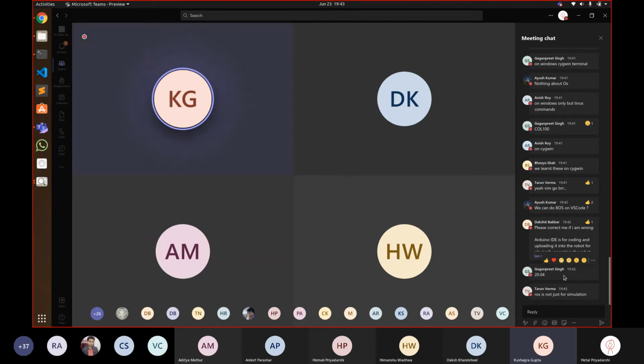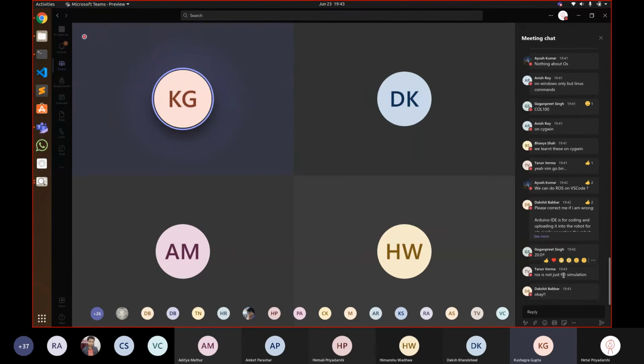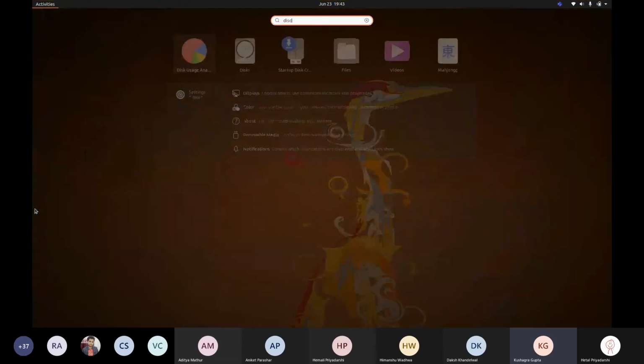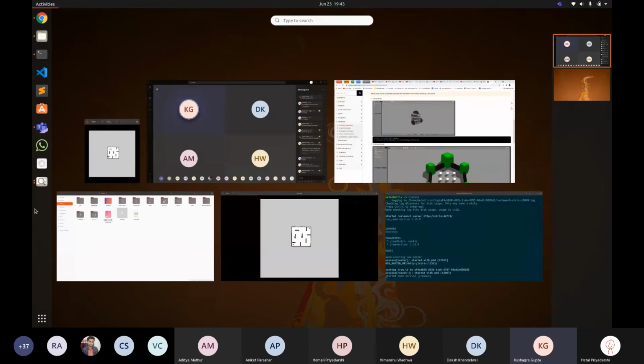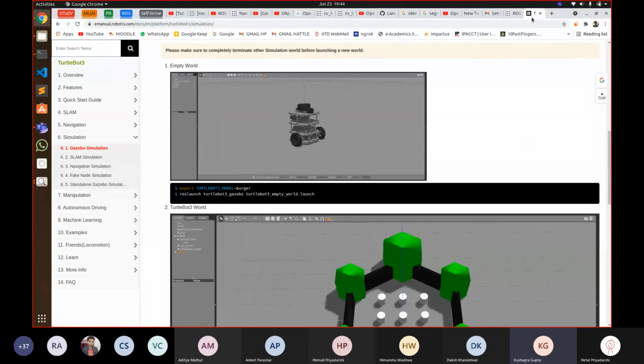Anyway, we've already told you what to do. Install a virtual machine or dual boot or whatever. Make sure you got ROS running. Enter roscore. If you don't get any error, that means you succeeded. Congratulations. After that, go to the ROS wiki and get started on the beginner tutorials. Also go to the TurtleBot 3 website and do the quick setup guide and the simulation guide. We'll send you all of these links. It will be in the PPT, which we'll put up about 5 minutes after this session ends.